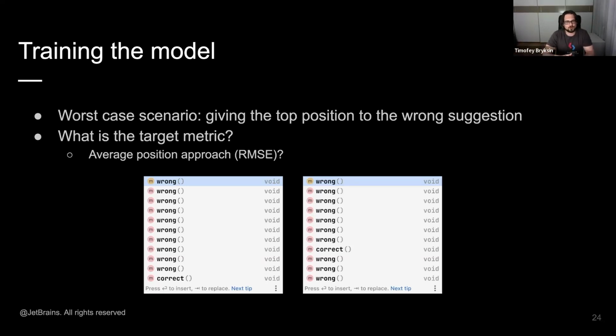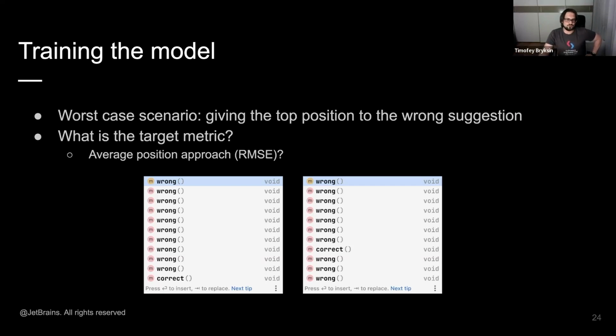It makes sense for relevance-based ranking tasks such as a search engine, because you operate in shades of gray. But here it's very binary: whether you put the best thing that the user wants to select on top or not.